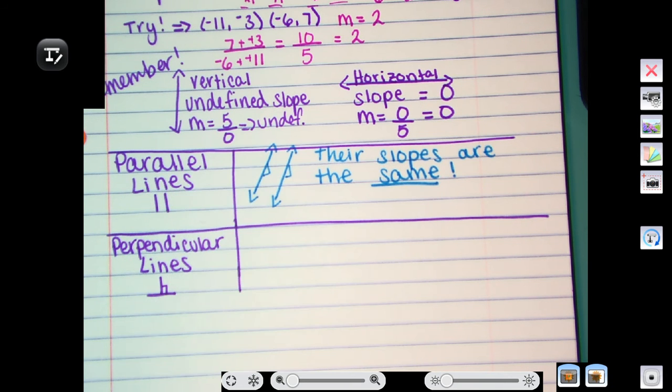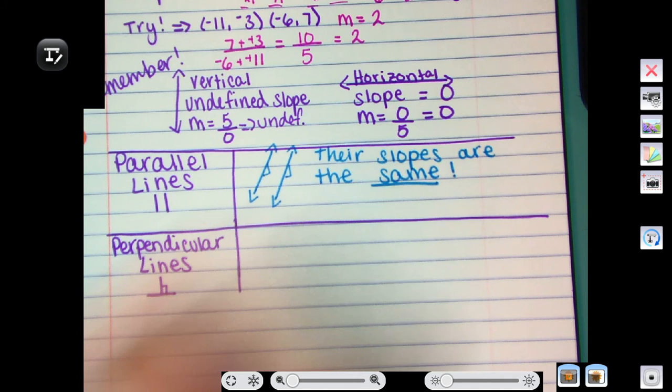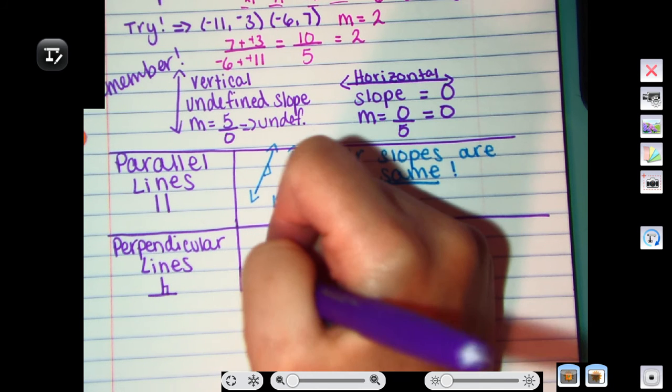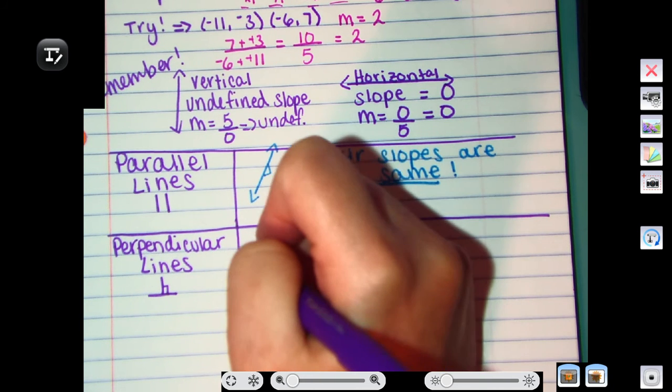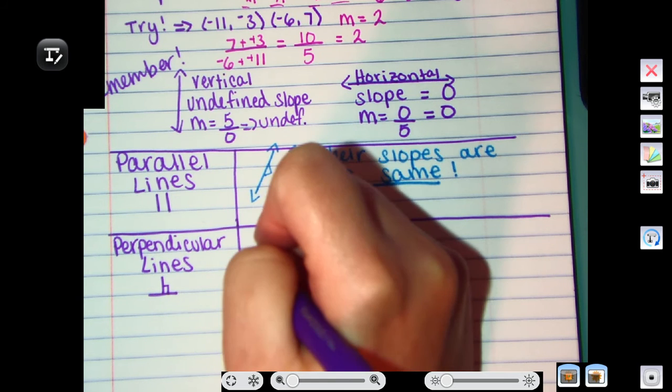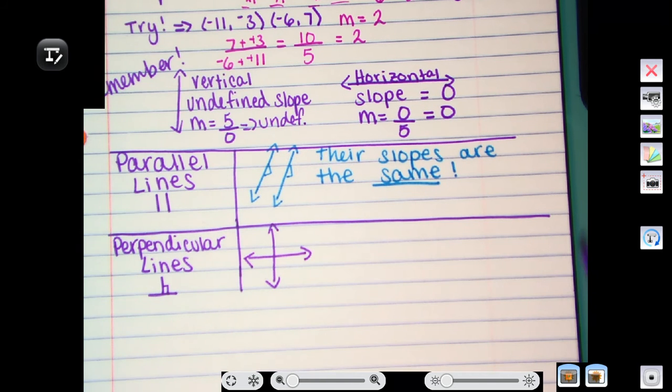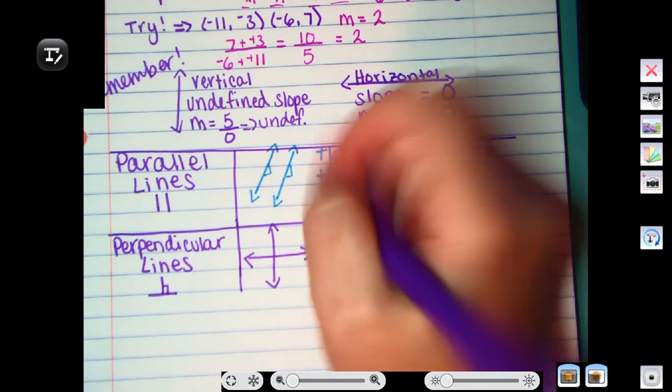Remember, they form a 90-degree angle when they intersect. So their slopes, they have a special relationship. So perpendicular lines here, notice it's a vertical line and a horizontal line. And their slopes